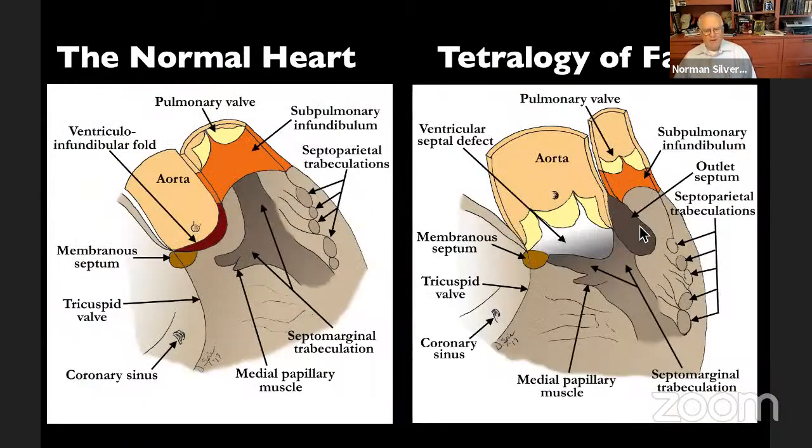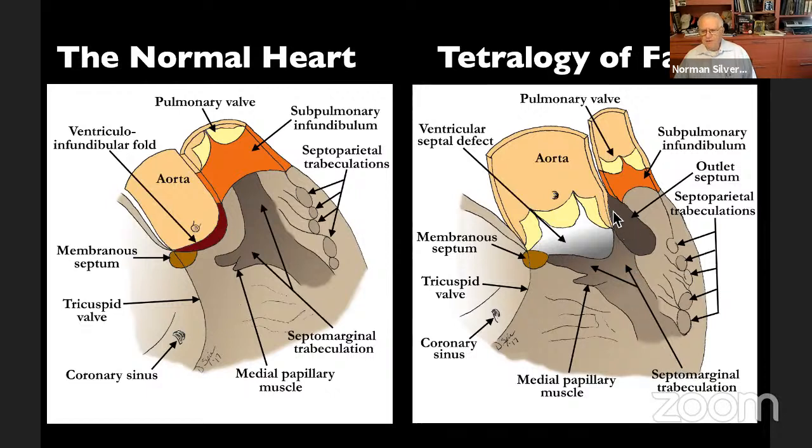So, just one diagram to show the normal heart with aorta, pulmonary artery, the true subpulmonary infundibulum, the Y of the septal band, or, as Dr. Van Praagh's people would call it, the crista supraventricularis, the septoparietal trabeculations, and the membranous septum. And in tetralogy, this drawn by Diane Spicer, my colleague in this venture as well, shows the position of the ventricular septal defect cradled in the arms of the septomarginal trabeculation.